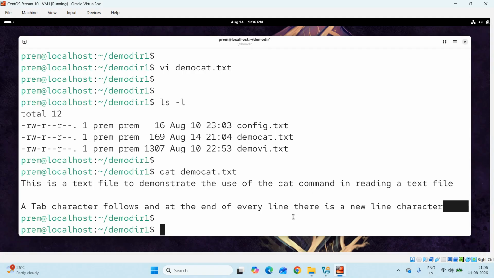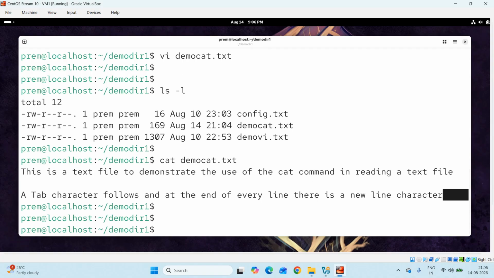However, now my requirement is like this. I want to see the non-printable characters also. That is, in this text file democat.txt, I want to view the non-printable characters like the tab character here after the word follows and the end of the line character at the end of every line. So for that purpose, the cat command provides the V, E and T, these 3 options. Let me demonstrate now, people. cat is the command. The options are V, E, T. Now I specify the file name